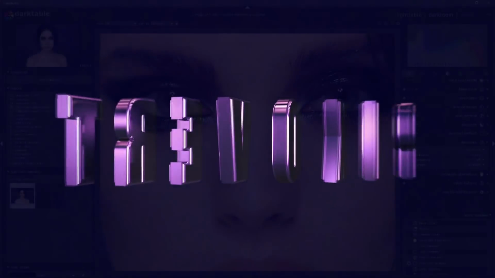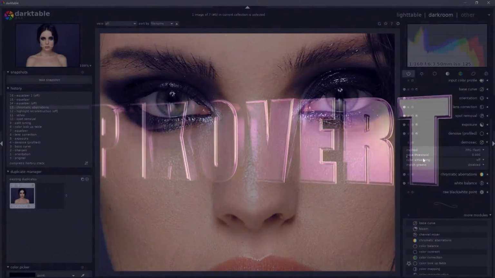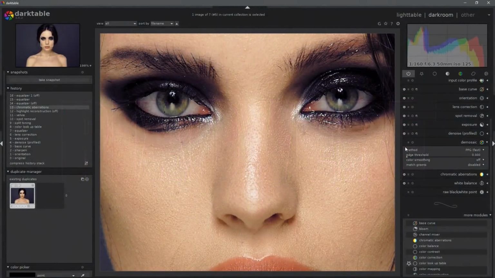I did find that you got very different demosaicing results when you were working with different cameras inside of Darktable and inside of Lightroom. Sometimes Lightroom's demosaicing was superior, sometimes Darktable's demosaicing was superior, and it tended to depend on